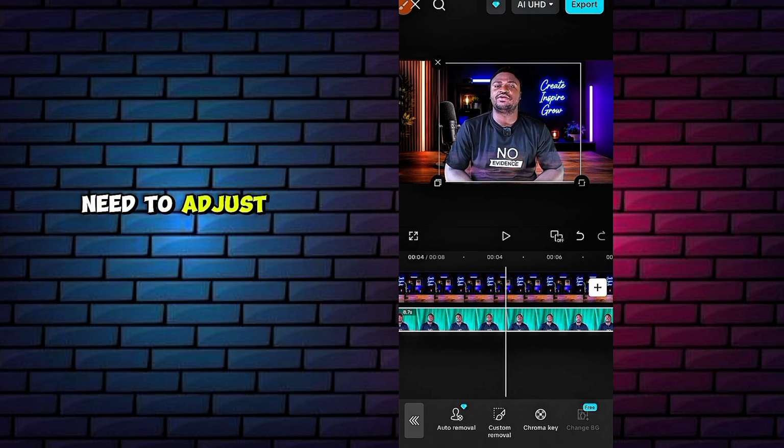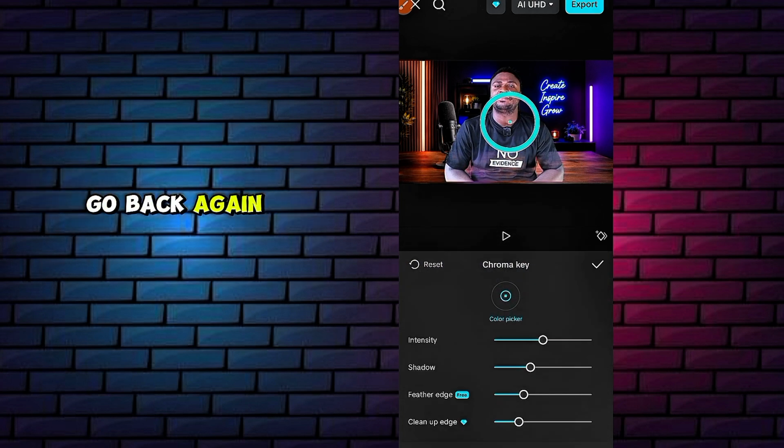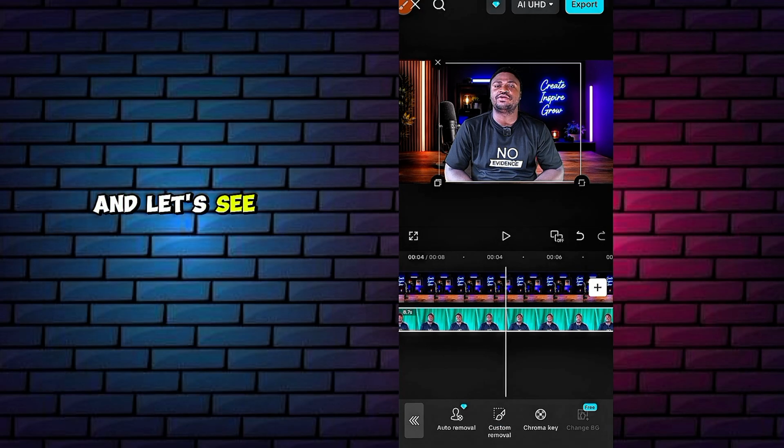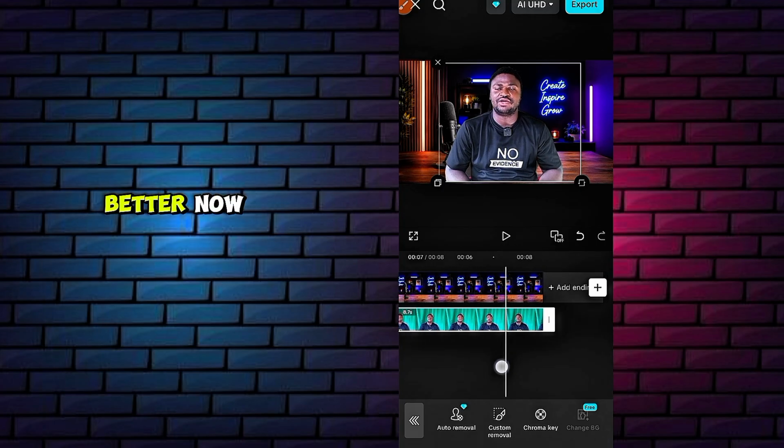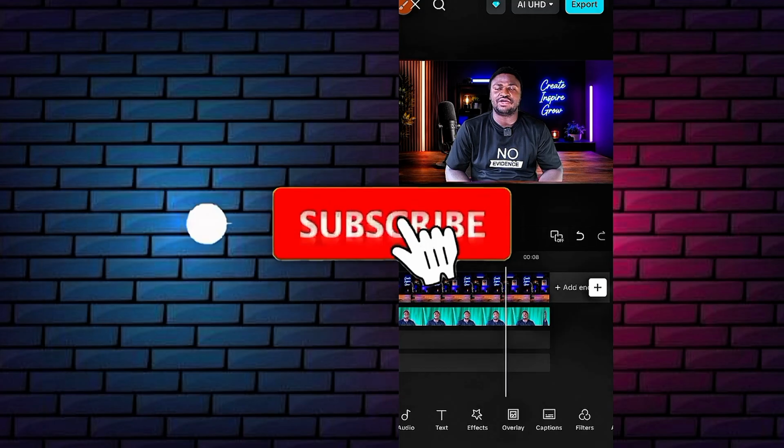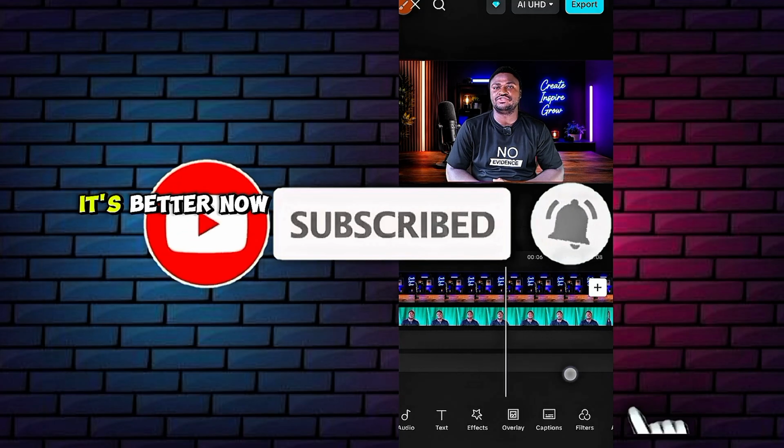I think I need to adjust something here. Go back again and reduce the intensity, it is too much. So you just have to watch it and see what you have. I'll adjust the shadow, clean up the edges, and then adjust this, and let's see how it goes. Yeah, so it's better now. It's better now, but I think